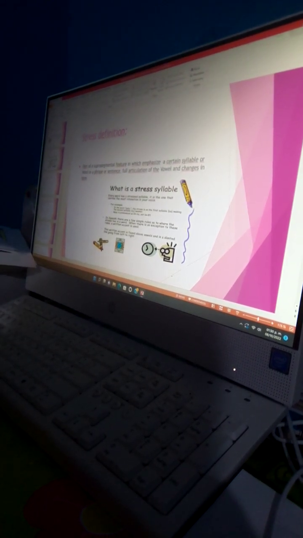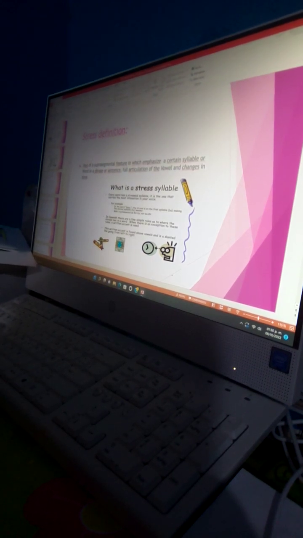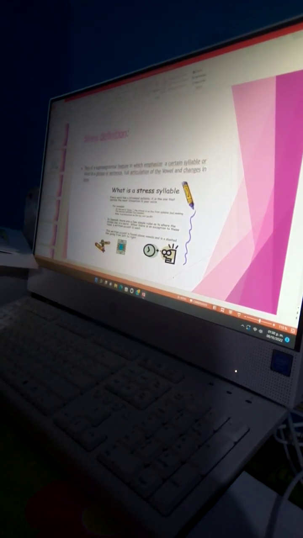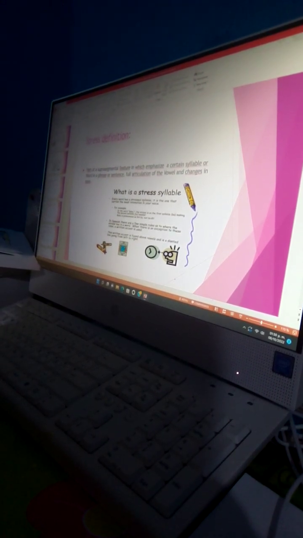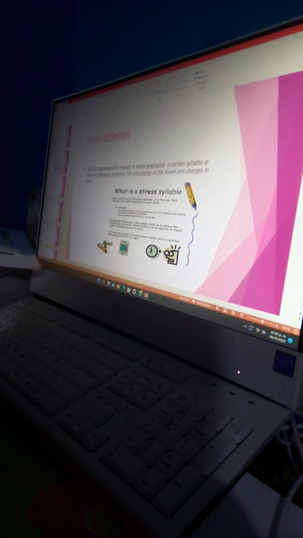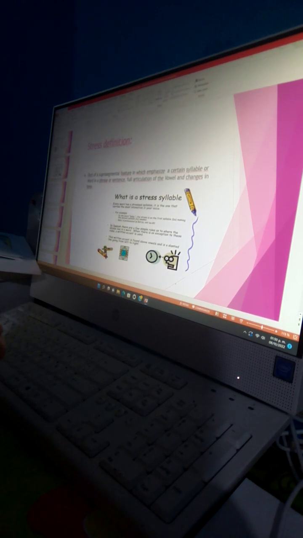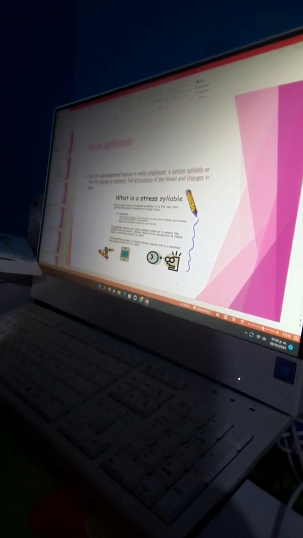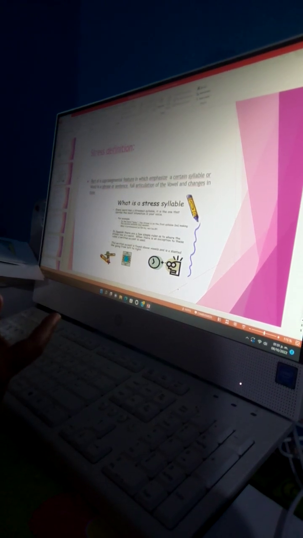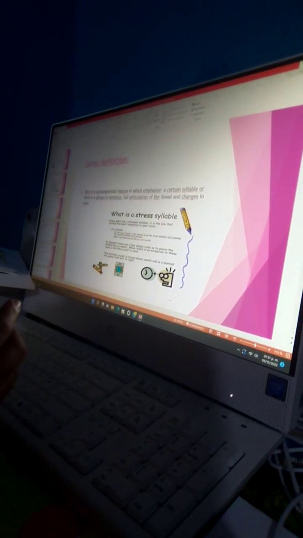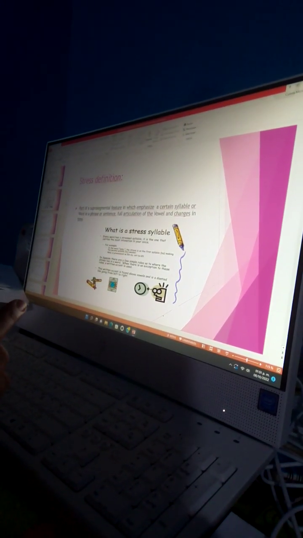In this example, the word baby, the emphasized or stressed syllable is bay because you pronounce it strongly. Bay, and the weak sound would be B. Bay, B. All right, so the stressed syllable is bay. In Spanish, it's different because we usually add an accent to the word, so that means that you have to emphasize more the syllable that has the accent.